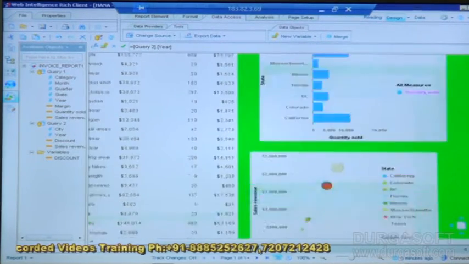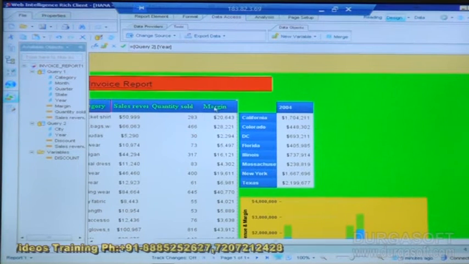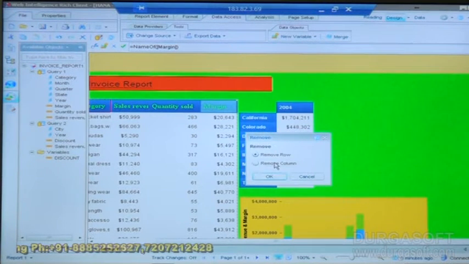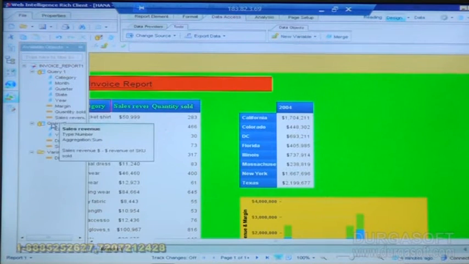I got discount. This discount comes in here. From here I'll remove the date column, and instead I'll add the discount.